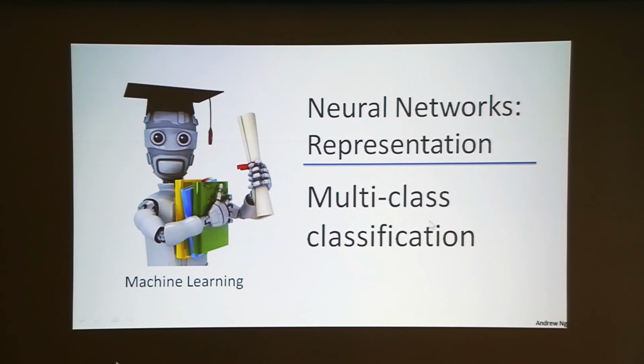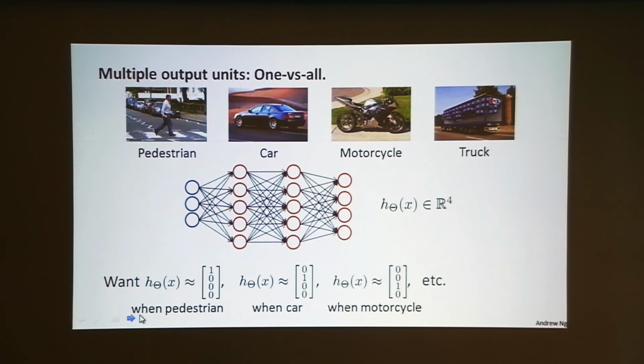So we talked about neural networks for binary classification. Let me say a little bit about how to use them for multi-class classification. There are many ways to do this, but let's say you want to design a neural network to distinguish between 4 object classes: pedestrians, cars, motorcycles, and trucks. So instead of having one output unit, you can have multiple output units, 4 output units, where